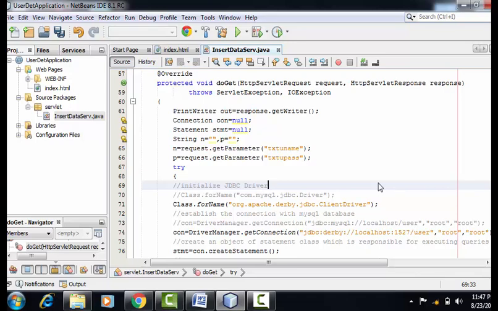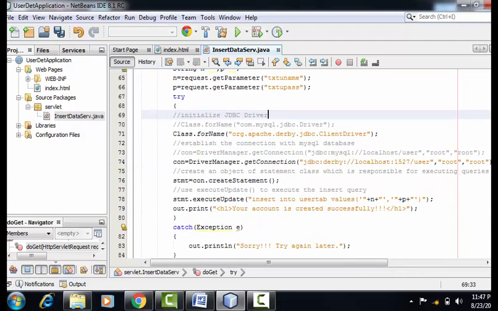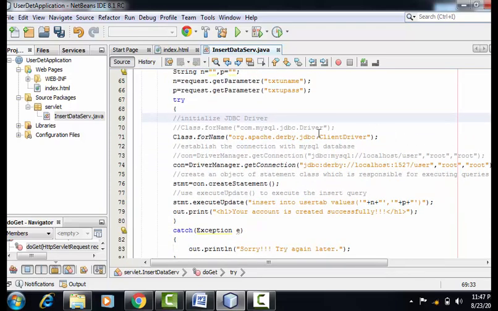Here we'll basically try to understand the difference between MySQL database connection and Derby database connection. For MySQL database connection, the value for Class.forName was com.mysql.jdbc.Driver. Here we are trying to initialize this JDBC driver. Whereas in case of Derby database connection, the value becomes org.apache.derby.jdbc.ClientDriver. Now how to get this value?